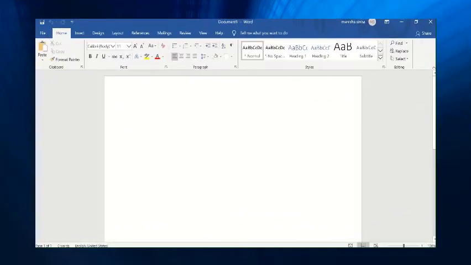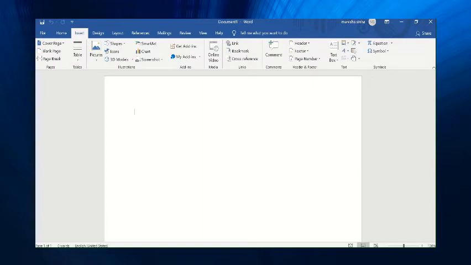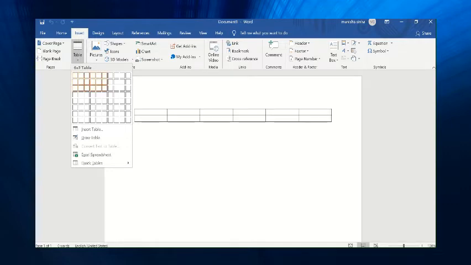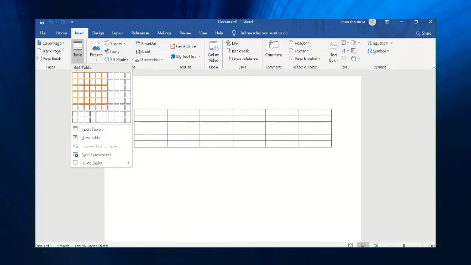Now let me show you. This is the screen of the Word document. Go to the Insert tab, click on the Insert tab, then click on the Table button. Click on the drop-down arrow beside the Table button. You will get the grid there.